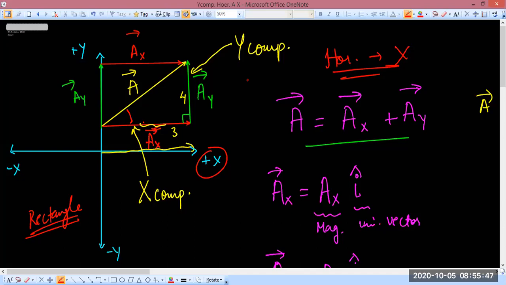So suppose this angle is theta. Suppose this angle is theta, right? So do you see that we can make a right angle triangle, and if I use tan theta,